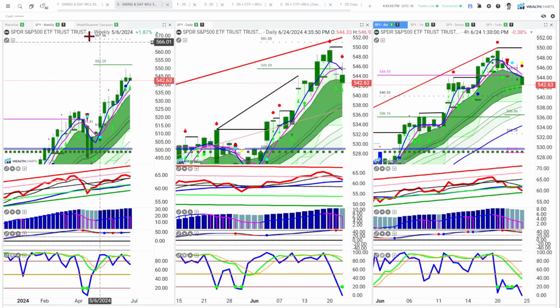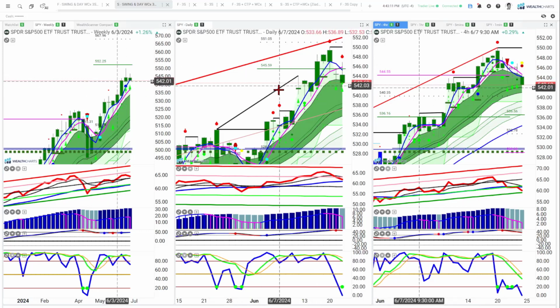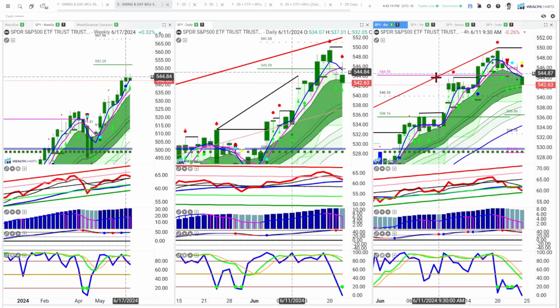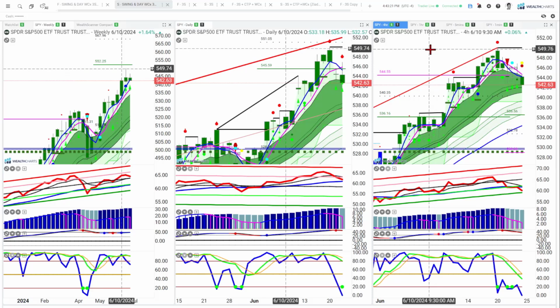This is the SPY on a weekly chart basis, daily in the center, and then a 4-hour. The weekly looks out a quarter, sometimes more. The daily looks out a couple of weeks, sometimes up to a month. The 4-hour chart typically looks out 3 to 5 days. Now, when I say looks out, it casts a signal that has bearing on the time frames